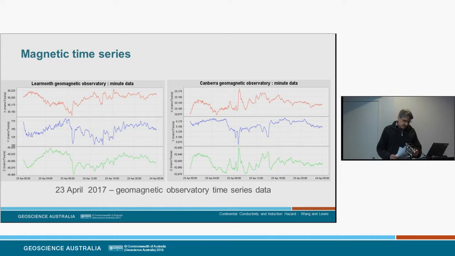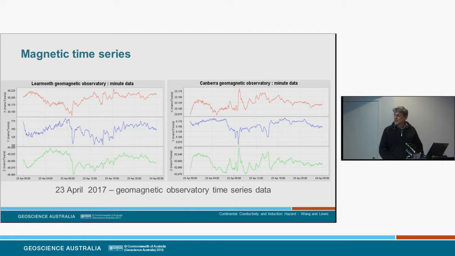But before we get to that, I thought it was worthwhile having a quick look at some geomagnetic time series data such as would have been collected at the AWAGS stations. These are two plots of 24 hours of magnetic variations at the Learmonth Magnetic Observatory and the Canberra Magnetic Observatory on a relatively disturbed magnetic day. Learmonth is located on the west coast, about halfway up Western Australia, and the Canberra Observatory is about 20 kilometres away from us here in Cotter Forest.